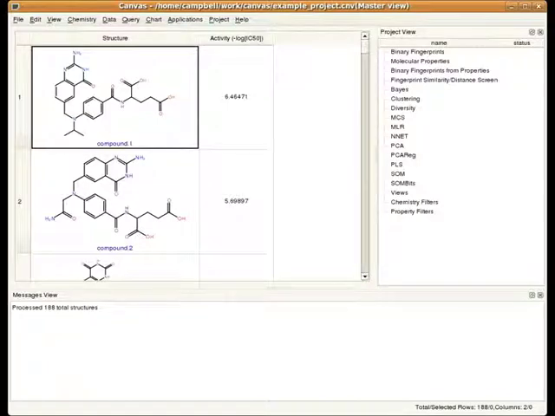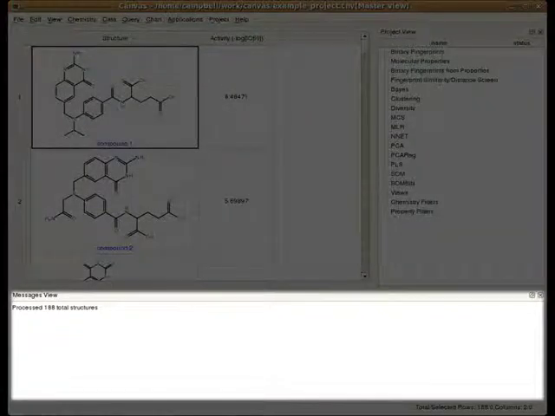After importing the file, you can see that the interface is now populated with some structures. As you can see, the file that we imported had experimental activity data, but no other properties associated with it, so we'll use Canvas to calculate some descriptors later on. At the bottom of the interface, there's a pane called Messages View, and right now it contains a message letting us know how many compounds Canvas processed when we imported the file. The messages that appear here will let us know about the progress and completion of various operations that we'll be